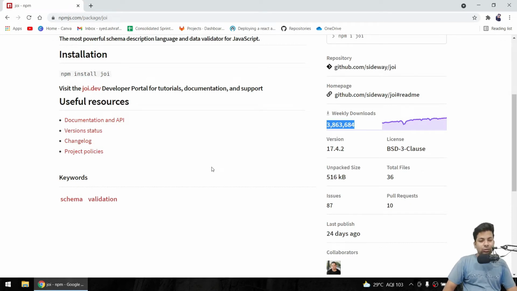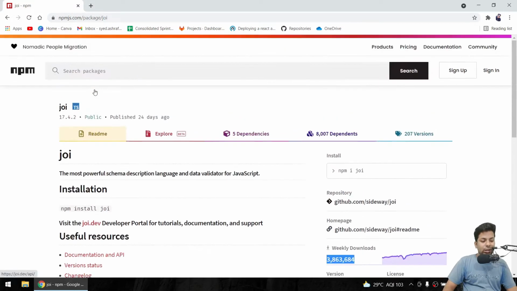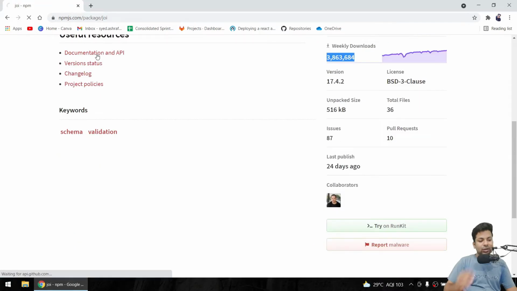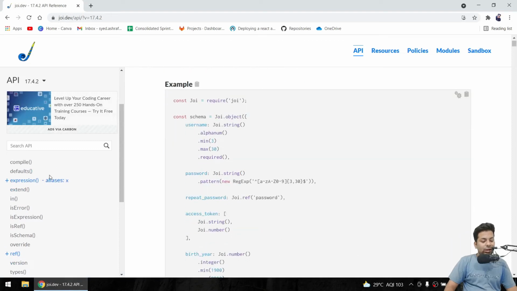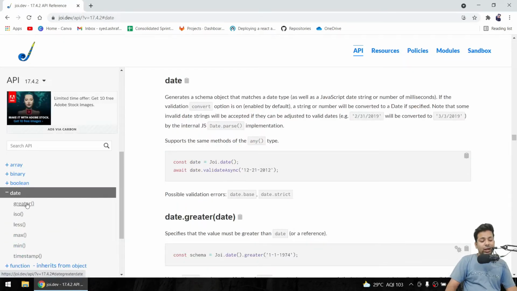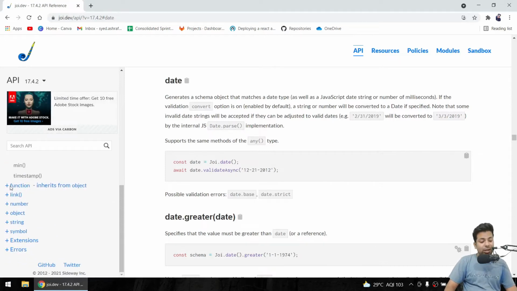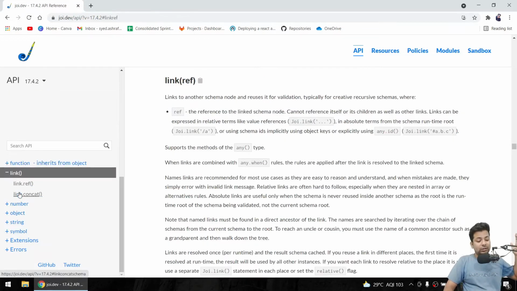And if you want to check their documentation, just come to npm joi, then click documentation in API. Here you can find a lot on how to use it. There are around 100 methods, I mean maybe 500 methods.